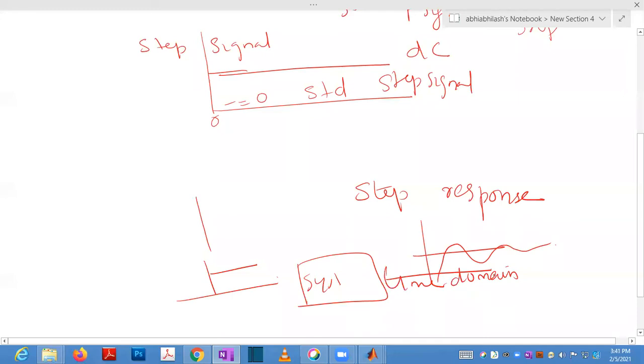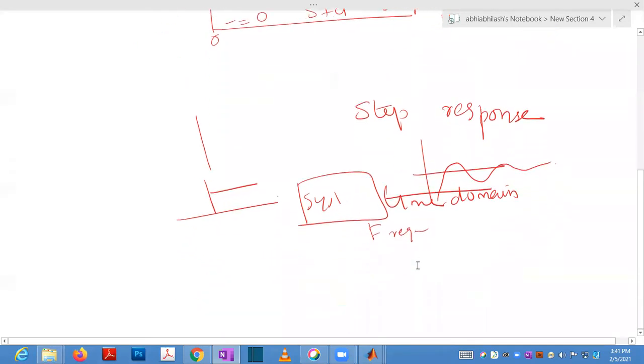But your transfer function you are entering, that is in frequency domain. You are converting those things to an S variable. So S is in frequency domain. S is this plane having sigma and j omega axis. So the sigma you are taking sometimes 0 and only j omega is taken.